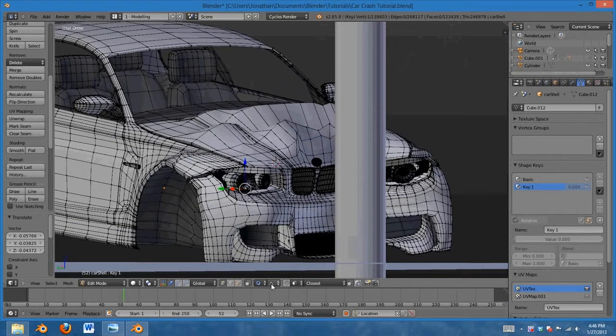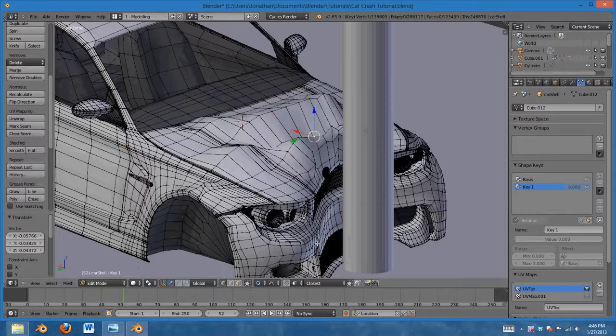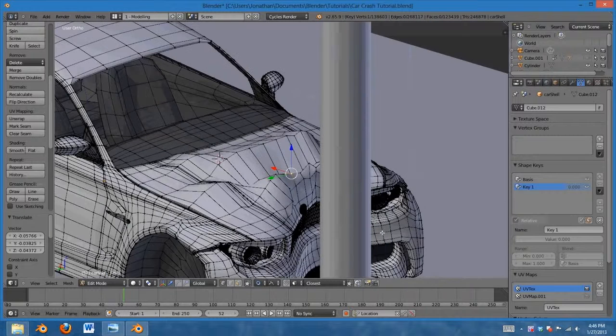One last thing, I'm going to choose random. What that does is, just like the other falloffs, the other one was smooth, which kind of has a nice little smooth curve to it. But this one is random, and